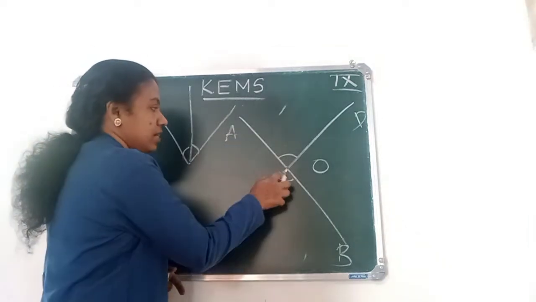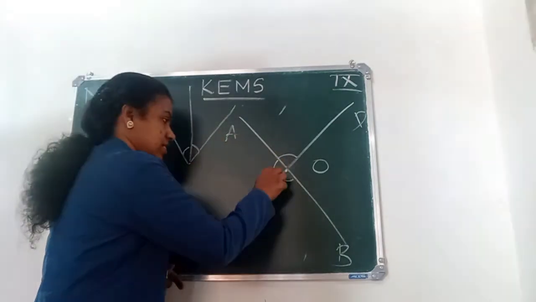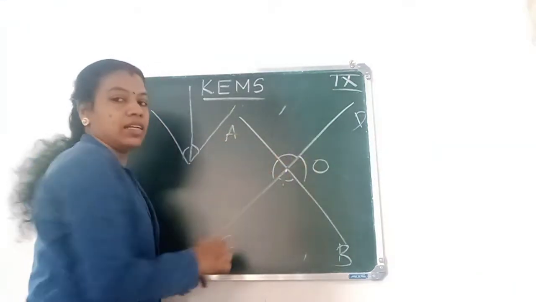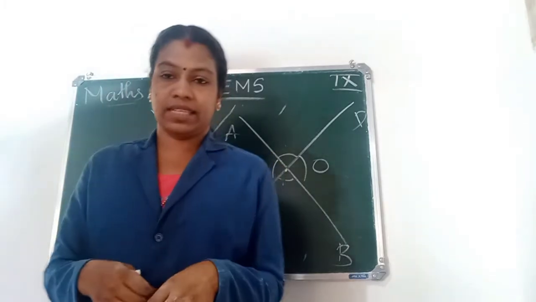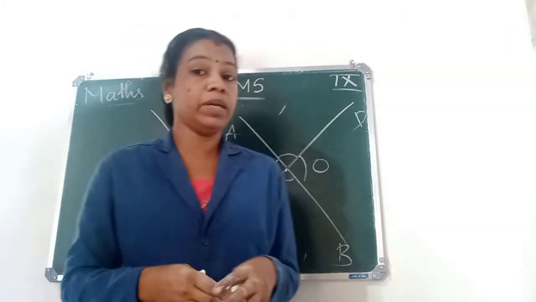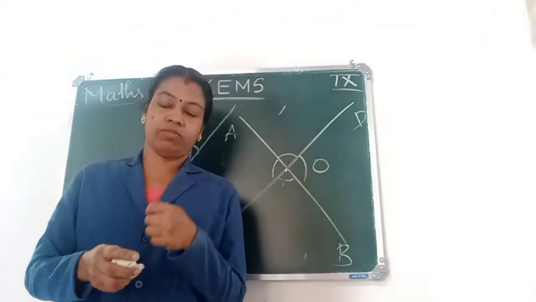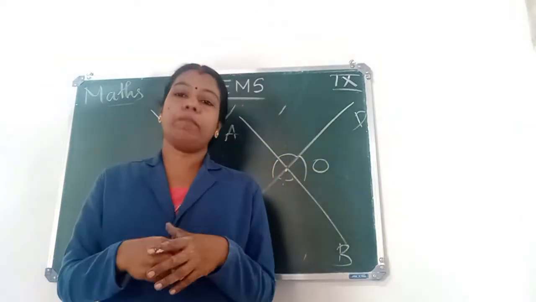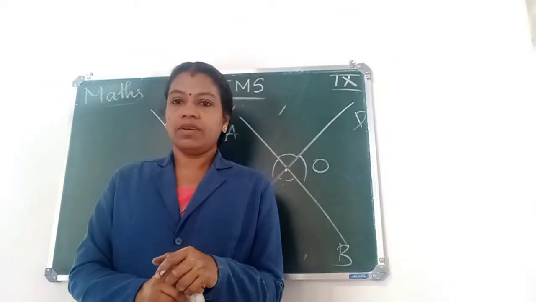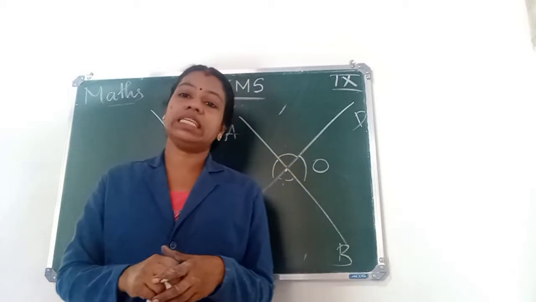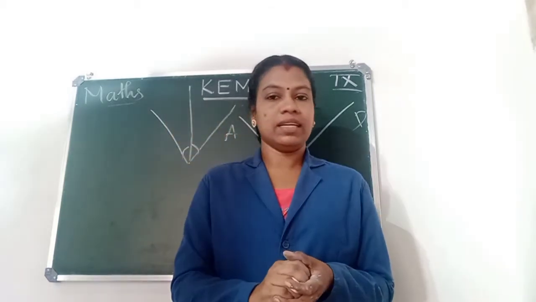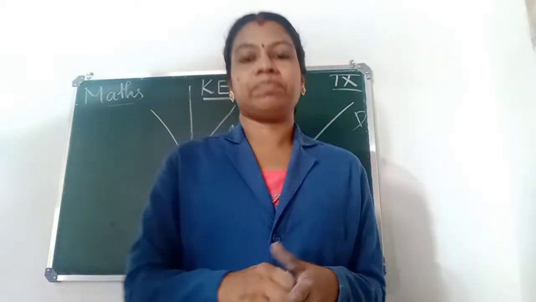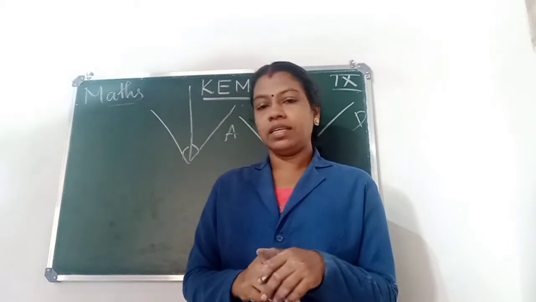The other pair is AOC and this one. So when two lines intersect, there will be four angles formed. That means two pairs of vertically opposite angles. Okay, two pairs of vertically opposite angles. Clear? Yes. Then next,